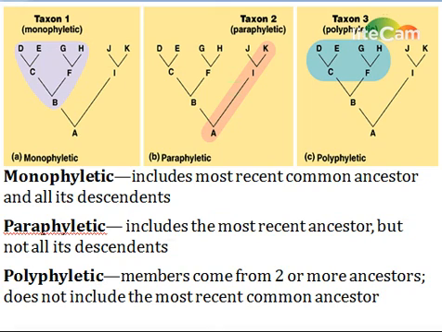Okay, the next one, the paraphyletic, includes the most recent ancestor, but not all of its descendants. So it may just show this one line. If it was monophyletic,